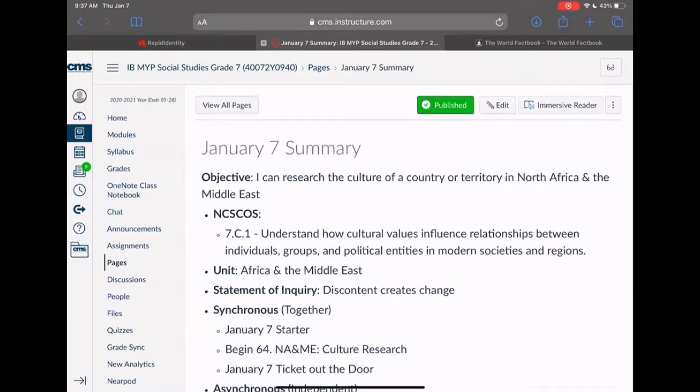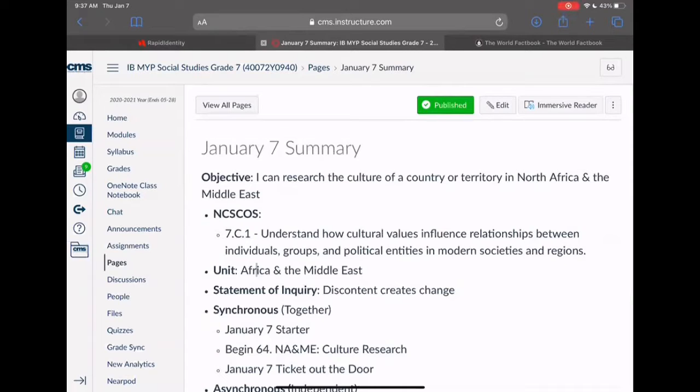All right, y'all, we're going to transition because that should not take you long. If you did your work yesterday, then that would be a quick starter. It should be very quick because honestly, I think I addressed all of those points in yesterday's lesson at some point. So keep that in mind.